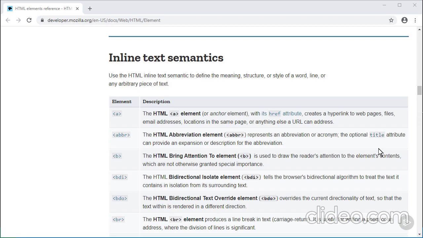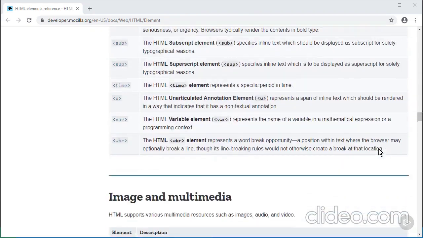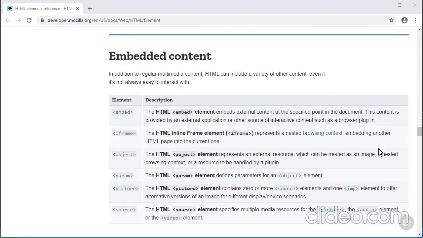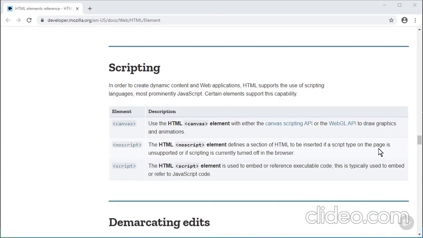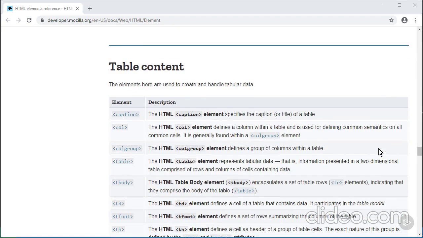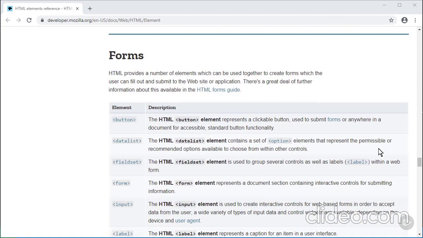We'll get into this more as we go along. Image and multimedia elements, embedded content. These are for a few of your more advanced scenarios. Scripting, which you'll get familiar with in this course. Ways of showing edits, presenting tabular information, web forms, the way that you're going to collect user data,